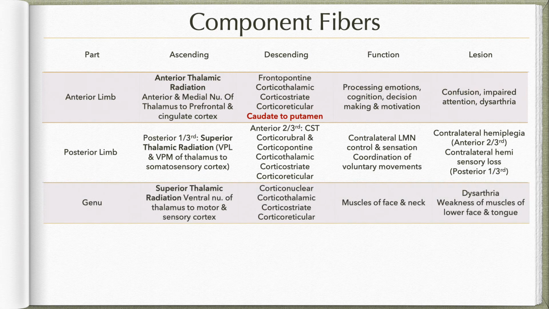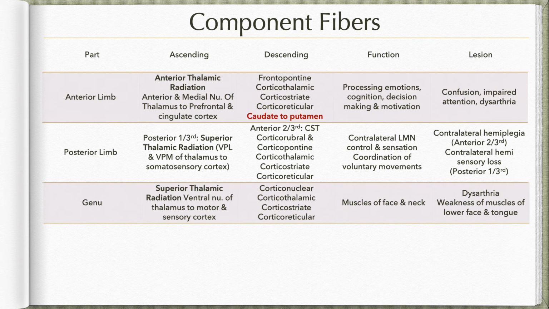Now coming to the genu, the ascending fibers include superior thalamic radiation fibers. They are basically connecting ventral nuclei of thalamus to motor and sensory cortex. Here these are the fibers starting from ventral anterior, ventral lateral nuclei also. So they are connecting to both motor as well as sensory cortices. Descending fibers include mainly